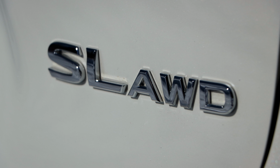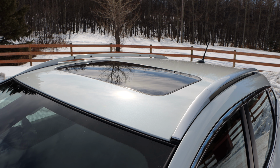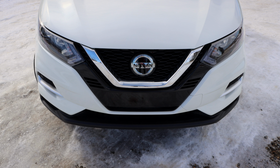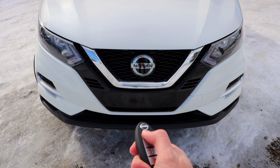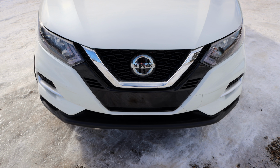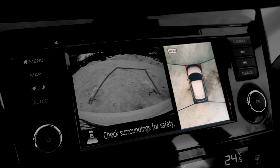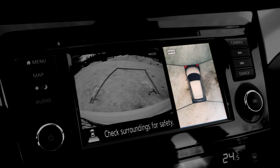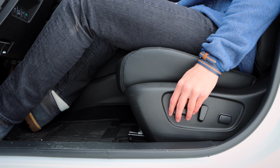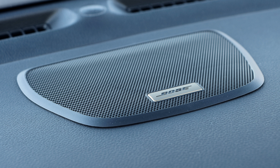But if you decide to upgrade to one of the optional packages on the Qashqai, you'll get features like the power sliding glass moonroof, silver finished roof rails, the dual zone automatic climate control, heated leather wrapped steering wheel, Nissan's intelligent key, which is in charge of activating your push start button, easy entrance and exit, as well as your remote start. These radical 19-inch aluminum wheels with all-season tires, the intelligent around view monitor, or what I like to call the bird's eye view camera system, an 8-way power seat including 2-way lumbar support, as well as the memory system that controls your seat as well as your power wing mirrors, a Bose premium audio sound system with a subwoofer, and